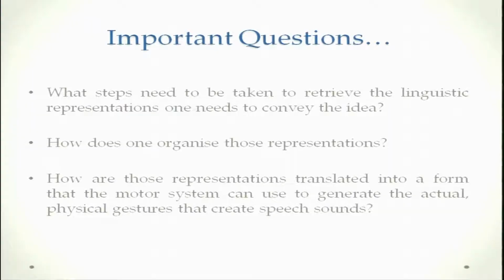This is the third very important problem. How do you use those representations? How do you translate them into a form that the motor system, this vocal apparatus, can generate the actual sounds, the physical gestures? Okay, so this is in a nutshell the three very important aspects of production of speech,